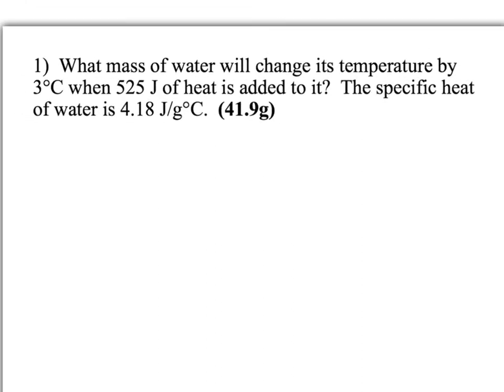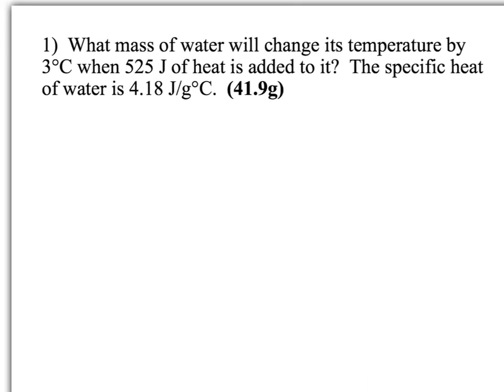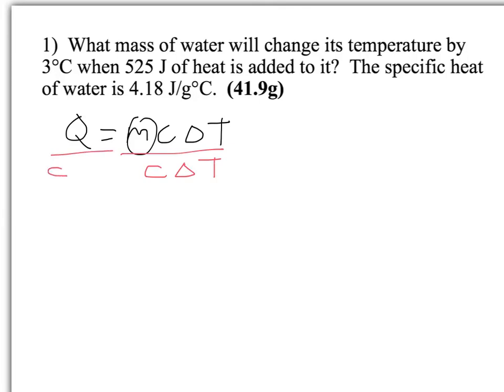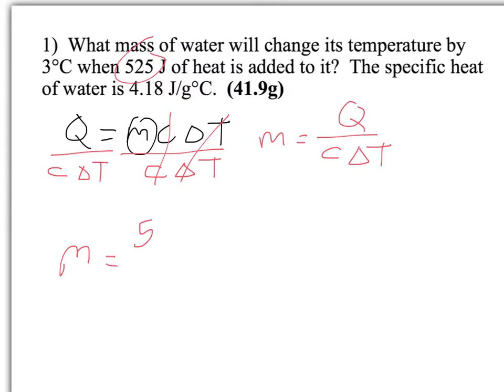So the first thing we need to do is solve Q equals mc delta T for mass. In order to solve it for mass, we divide both sides by C delta T. Then C cancels, delta T cancels, and it leaves us with mass is equal to Q divided by C delta T. Then we substitute in our givens, 525 joules,